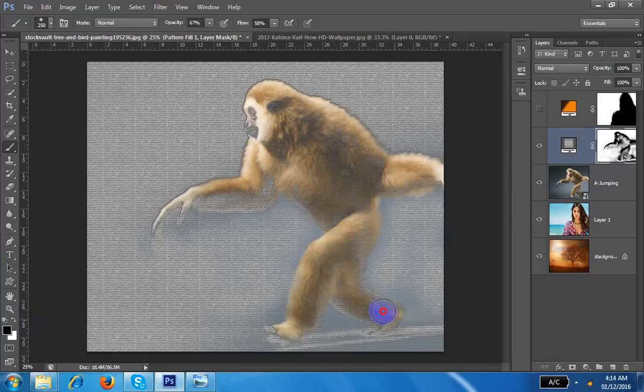Understand the uses of black and white? It is coming back here in the proper way. Understand everybody? So this is one way.